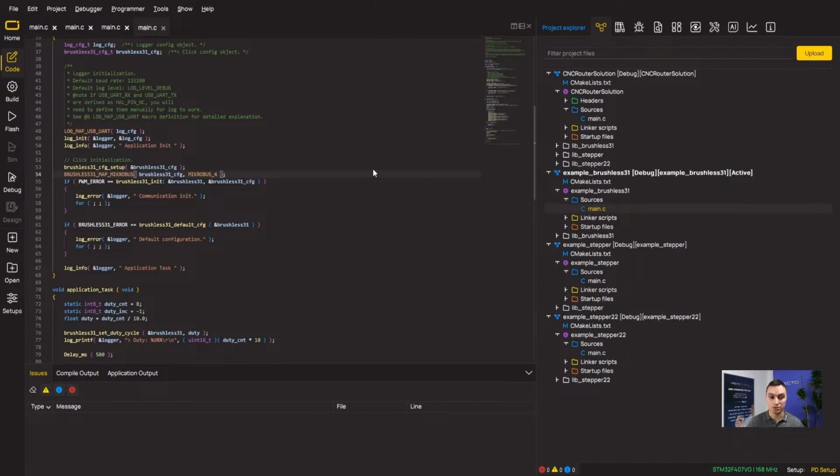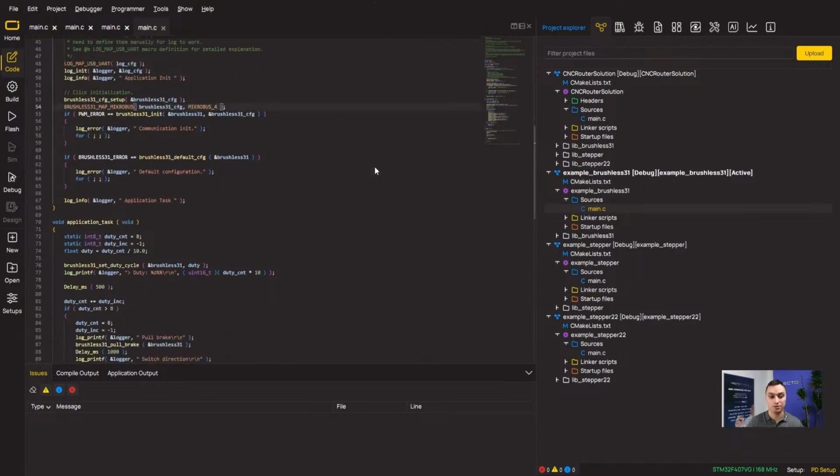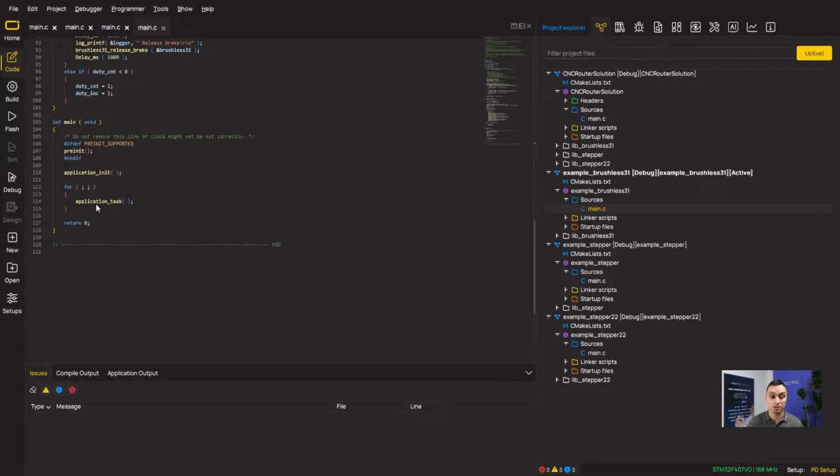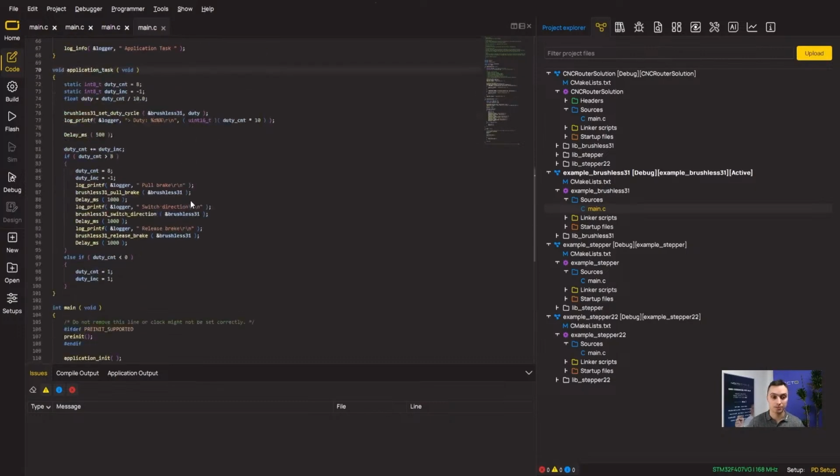Press Ctrl S on your keyboard just to make sure that everything is perfectly saved. Okay, and after that, let's explain the application task once again. Here it is. And yeah, because we are dealing with the brushless DC motor, we are going to utilize the PWM functionality, pulse width modulation functionality, which means that we have some duty cycle to perform. We are going to start with 8 times 10, so 80% of the duty cycle in on state, and then we're going to decrement the duty cycle, so 70, 60, 50, etc., all the way down to the